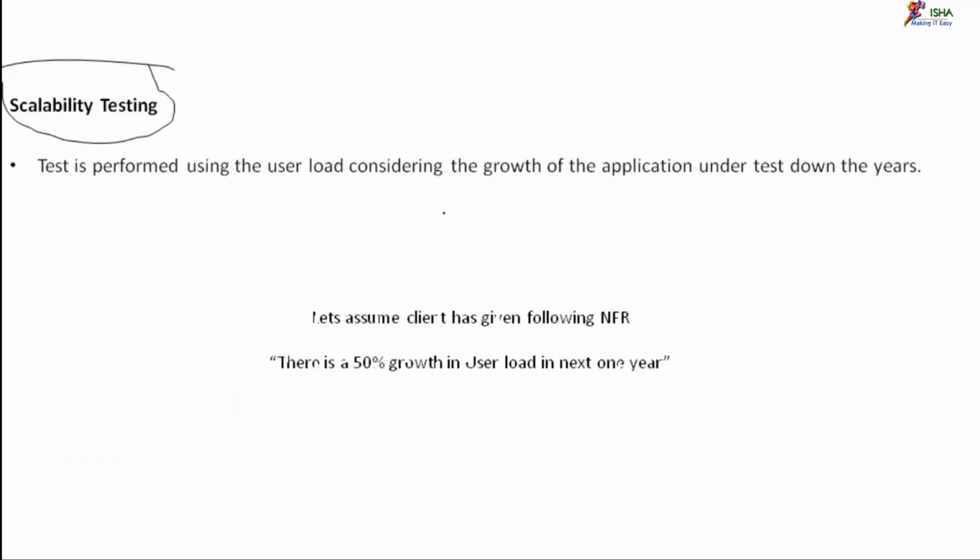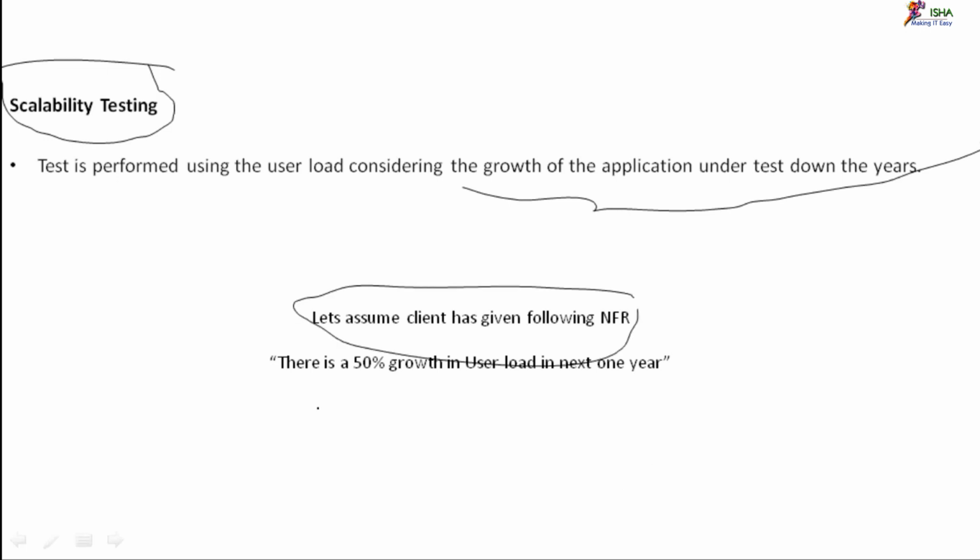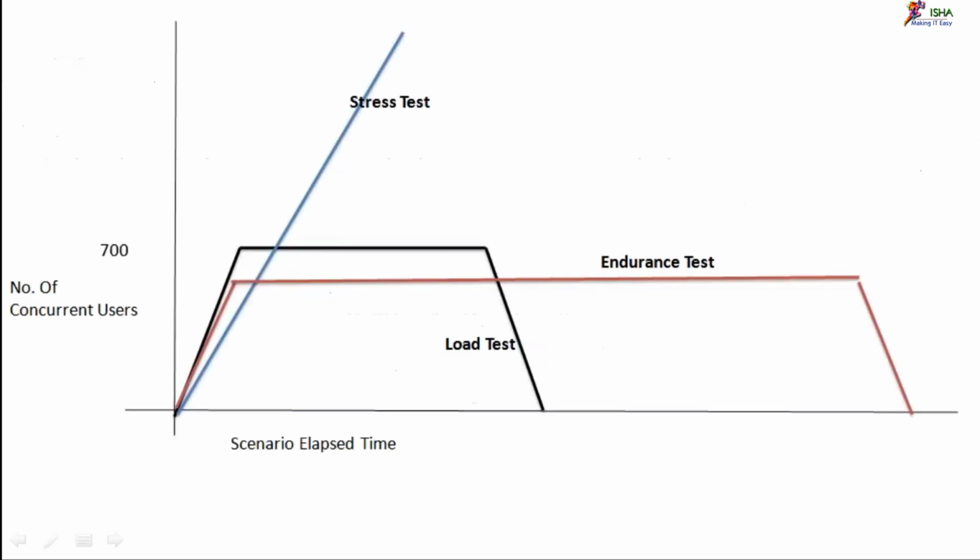So it will be done for the future growth or the future load down the years. For example, this is the NFR that is given for us. What is the NFR? There is a 50% growth in user load in the next 1 year. How much? 50% growth in the user load in the next 1 year. So now, in March 2018, and in March 2019, the user load will be